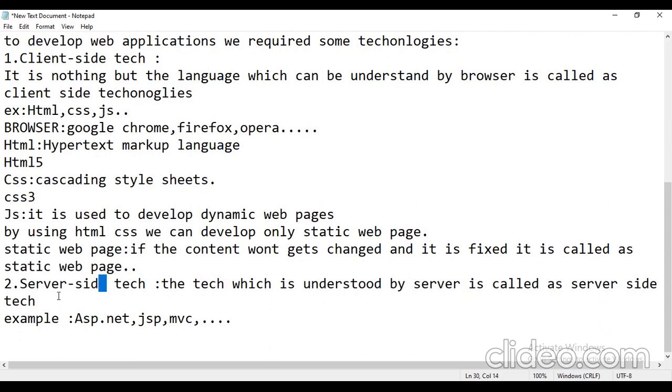Server side technologies. What are the examples of server side technologies? ASP.NET, Java Server Pages, and the next one is MVC. Okay, done. That is great. Now,